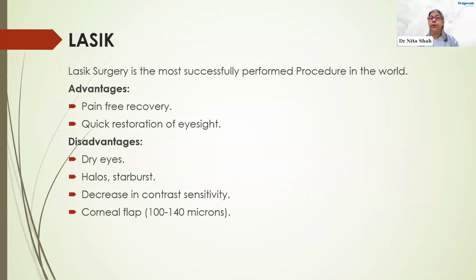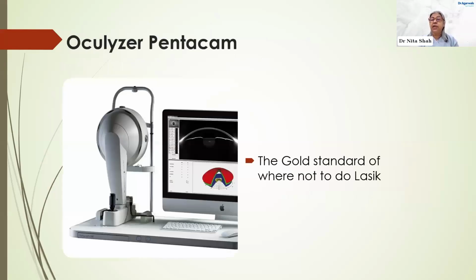So let's go through how we give the patient the best results. The most important thing is where to say no, where it's not to be done. It's not that everybody who comes in asking for the glasses to be removed is taken directly into the operation theater. We use the Pentacam, which is the international gold standard, which checks the front of the cornea, the back